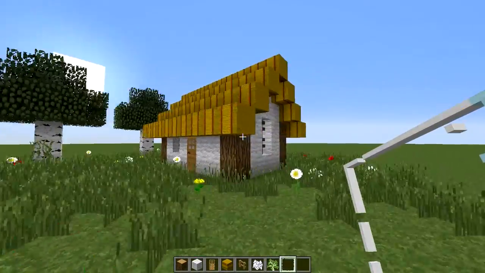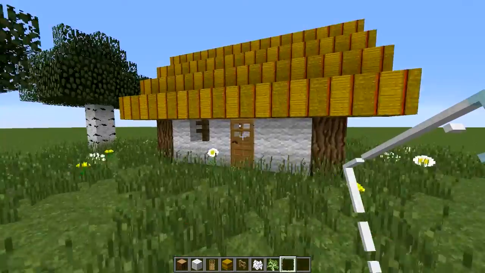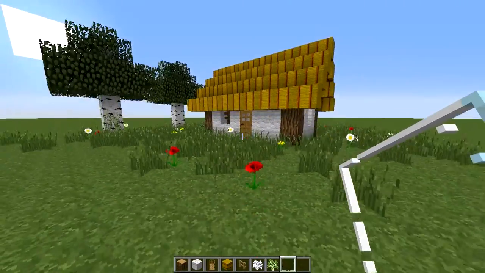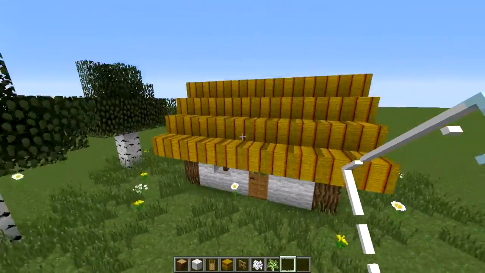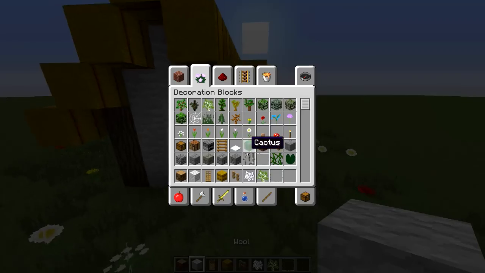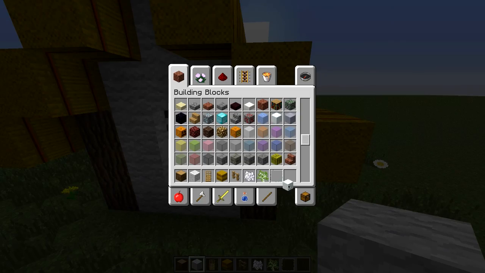So I like this house quite a lot. It is not the most fancy thing in the world, but it's cool. You can use it for some sort of little farm, and just to give you some inspiration on what you can do with this. Of course, what we could now do is grab some similar blocks, for example maybe snow,